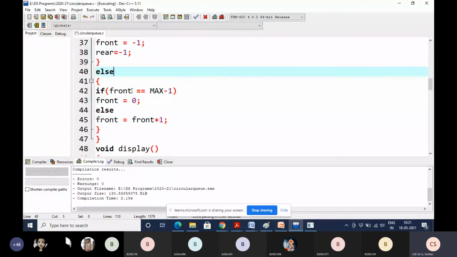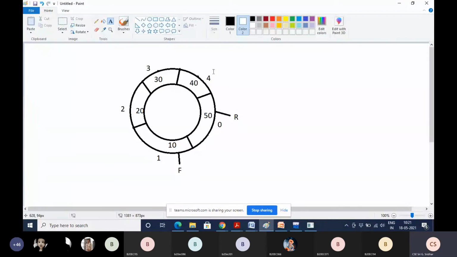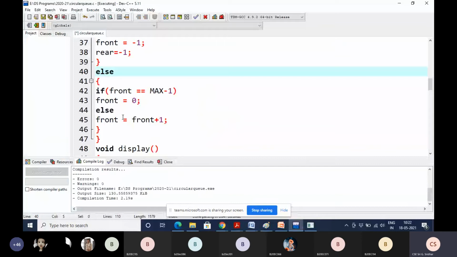Otherwise, if front is pointing to max -1, that is, to this position, and you deleted this value, then you have to set front to 0. Right? If you delete the last element. So that's why here: front equal to max -1, front equal to 0.